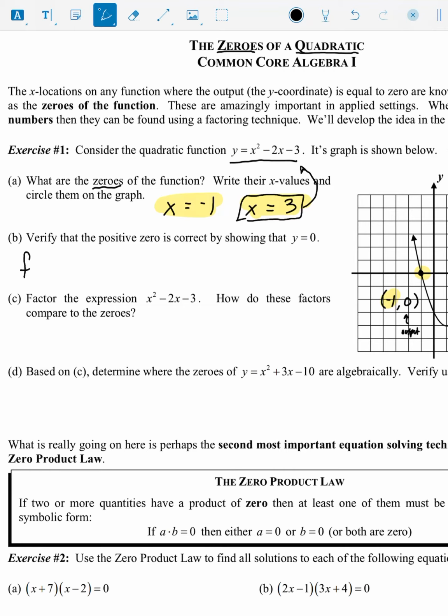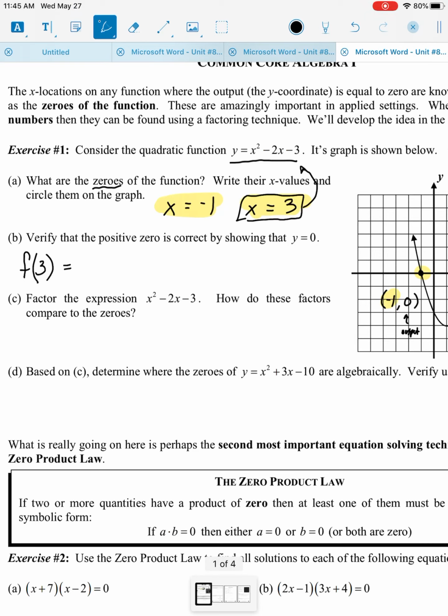Some may write it as evaluating the function for 3, for y, in the form of x squared minus 2x minus 3. Which is also equivalent to substituting 3 in for both x values,